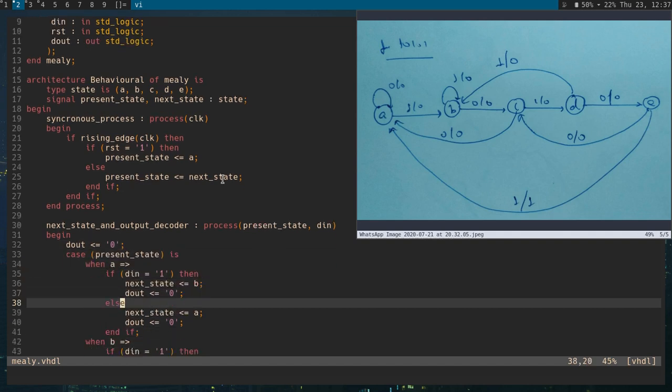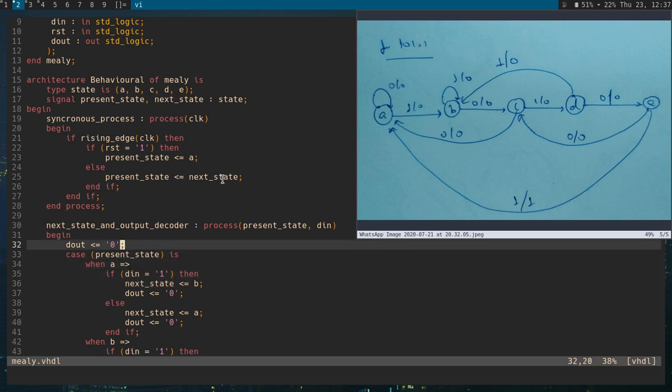Our architecture here has 2 processes. The first process is a synchronous process. This process depends on how the clock drives the FPGA device, based on the rising edge. When we begin the process, the first if statement here checks whether the clock is on the rising edge, because only the rising edge will trigger it.